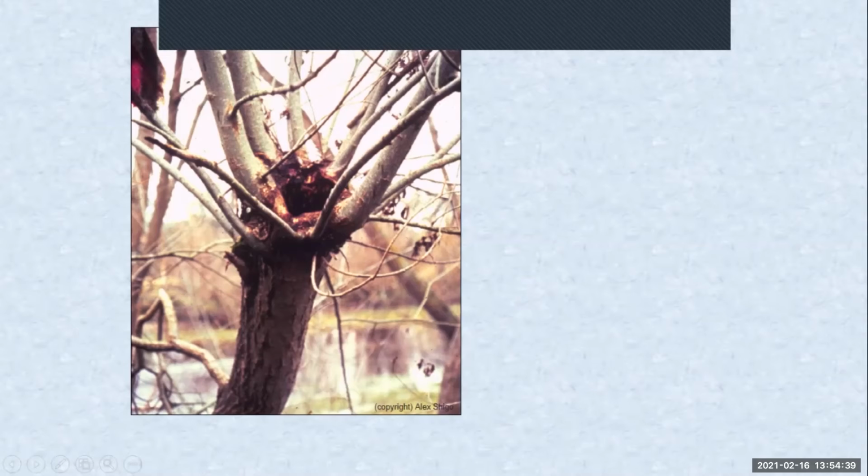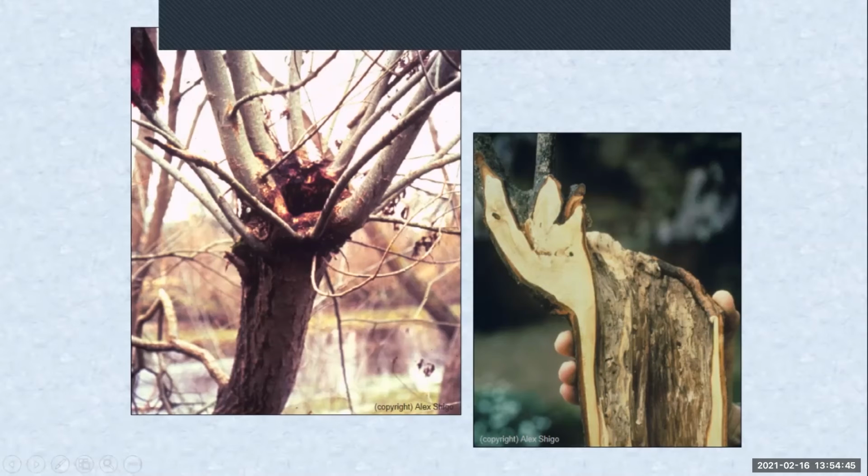You'll notice too that the main branch started to decay out. And here's a cut through that branch that shows how much decay has occurred, and these epicormic shoots up here, and how very little live tissue they are attached to the main branch. So as these shoots get bigger and bigger year after year, they start to put on some weight, and they're just not very strongly attached to the main branch. And so that means they're more likely to fail